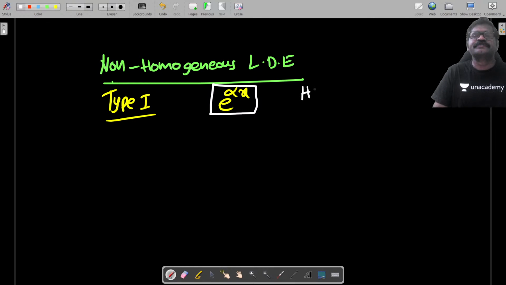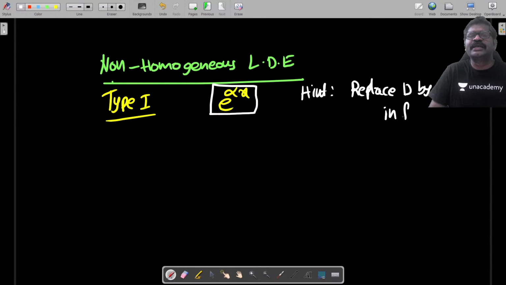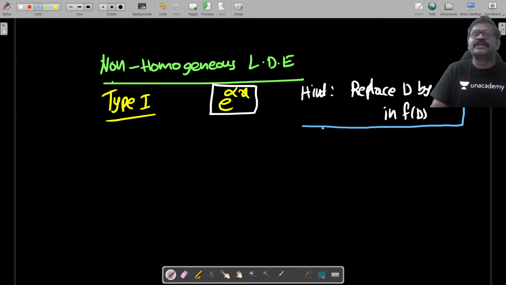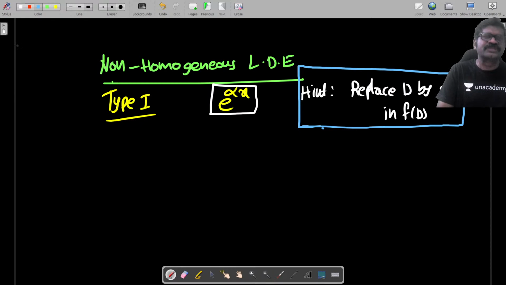Hint: replace D by alpha in function of D. To get the particular integral, we have to replace D by alpha in function of D. For example,